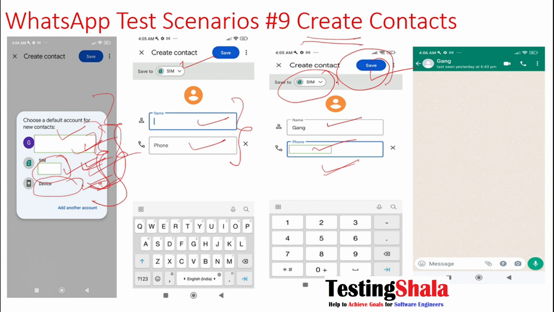whatever the value we asked to store here, right? One is Gmail, SIM and device. Based on that, appropriately the contacts also should get stored. Those validations also we should make. That means we should write the test cases by considering different parameters here. One is by selecting Gmail, second one is SIM, then device. Appropriately different types of test cases, different combinations of test cases we should write to ensure that these scenarios work seamlessly in WhatsApp. Once a contact has been created,